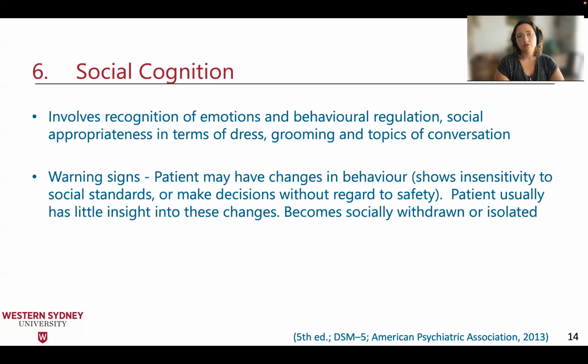And the last domain is social cognition. So it involves recognition of emotions and behavioral regulations, social appropriateness in terms of dress, grooming, and topics of conversation. So that is a lot to do with the inhibition of certain behaviors or what might be said, where a person may start acting in a way that isn't deemed socially acceptable. So, for example, I had a participant in one of my research studies where throughout conversations they would start barking or quacking and having these what would normally be unsocial